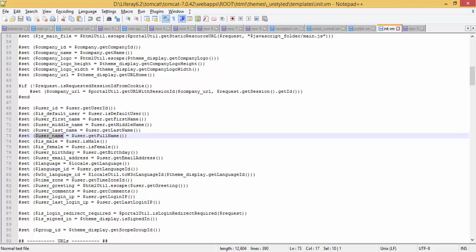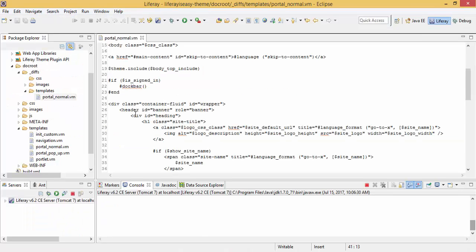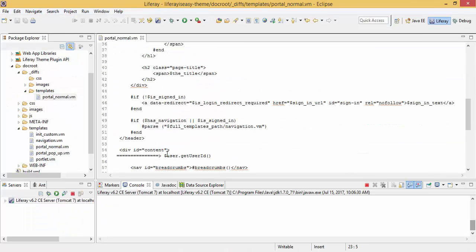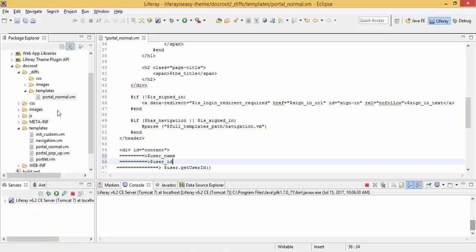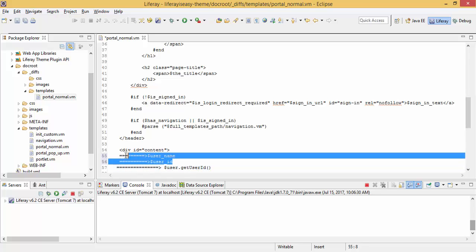Let me just show you. I can also get the user ID similarly by using this. By using this we can use the object, and these are variables. So let me just deploy this.